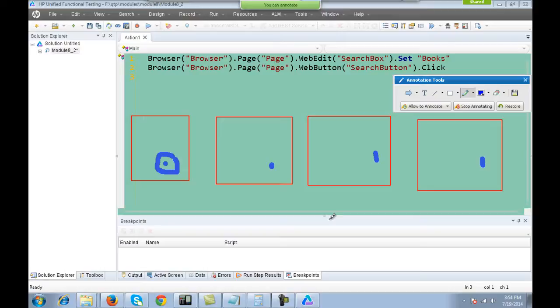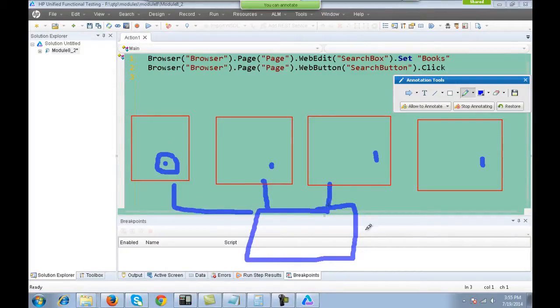So how do you manage this kind of situation? This kind of situation can be managed with the concept of shared repository. You have a repository at a central place and all the test cases read the objects from that particular repository. So this will be a centralized repository which will contain all the objects of all the test cases, and the test cases can use the objects from this place. This concept is known as shared